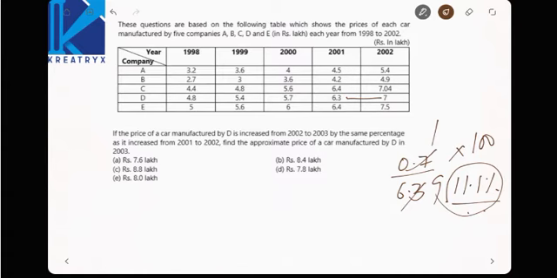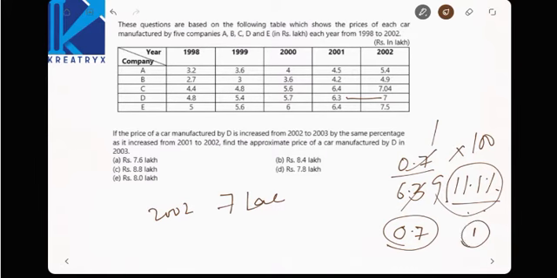Now see here, in 2002 what is the price? 7 lakh. Now 11% has to be increased. See here, a 10% increase will lead you to 0.7 increase, right? So only 1% is left. So upon observing the options, only D satisfies. No need to calculate the things, right? 7 lakh must be 100%, or otherwise calculate like this, it must be 111.1 percentage.